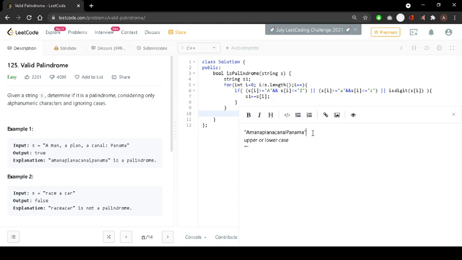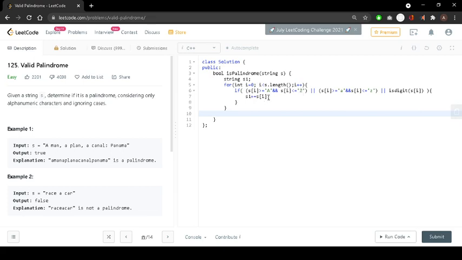See what we have done. We have done removing the separation, now lowercase to uppercase. So I have missed this. What I would do is convert to lowercase. So I am concatenating it by converting it to lowercase. Now the next step is to check whether the string is a palindrome or not.